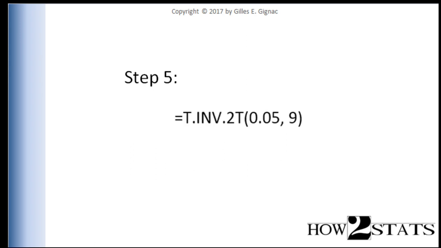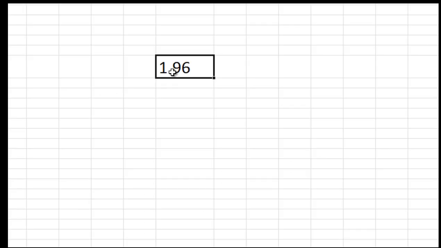Then we have step 5, which involves going to the Excel function to estimate the critical t-value, if you will, from the t-distribution with 9 degrees of freedom and 95% confidence. So that 0.05 was determined by subtracting 0.95 from 1, because the way the Excel function works is that it wants you to identify the percentage of observations that exceed a point within the distribution. So it's at the tail end of the distribution, not the middle of the distribution. And when this function is actually inputted,